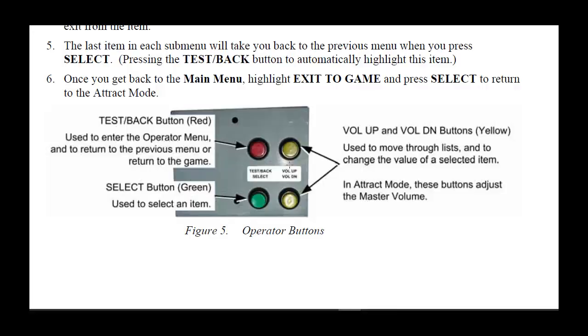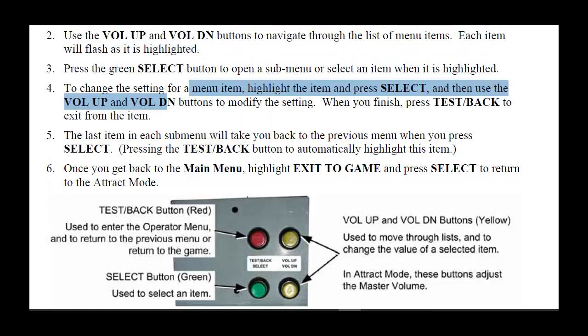Let's see how to get into the calibration menu. We have two choices. First, sometimes we have these buttons connected to the main board. The red button means test, back, and the green is select, yellow is up and down value. We can connect the